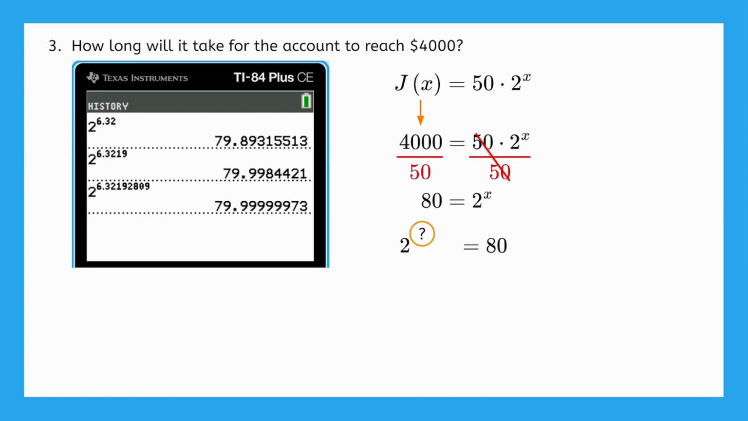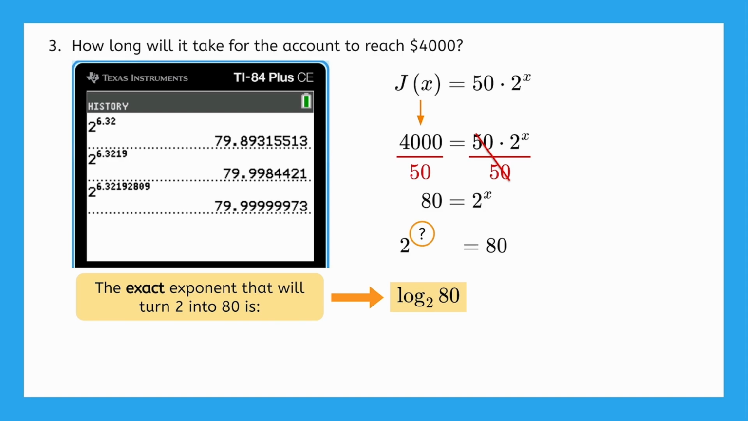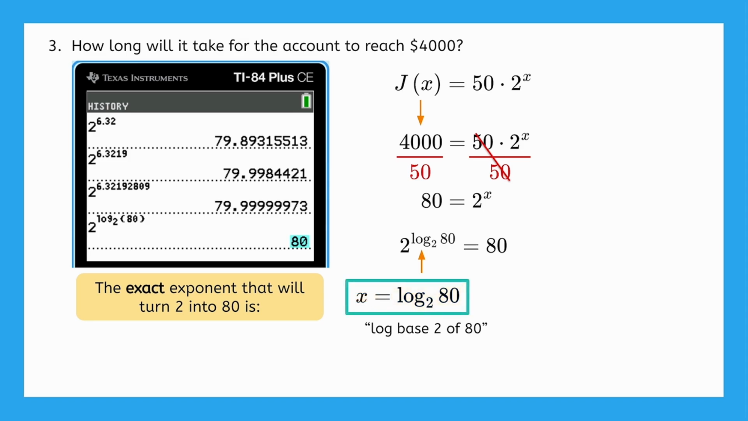Yes, it does. The exact exponent that will turn 2 into 80 is called the logarithm base 2 of 80, or log base 2 of 80. If we raise 2 to the power of log base 2 of 80, we get exactly 80. Therefore, the exact number of years it would take for this account to reach $4,000 is log base 2 of 80. If we input this log into a graphing calculator, such as Desmos or GeoGebra, we would see that this number is in fact approximately equal to